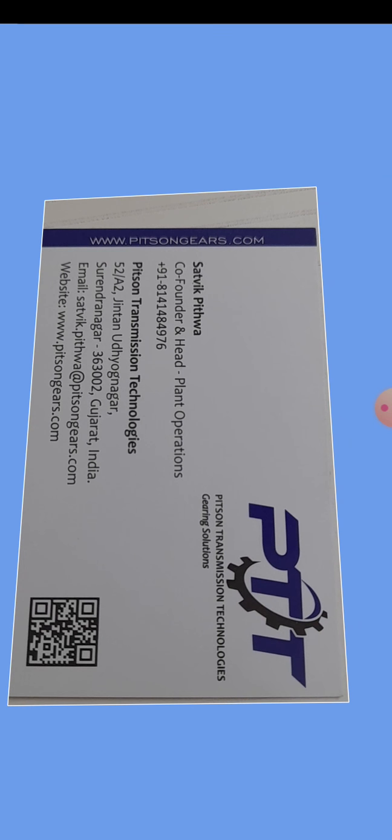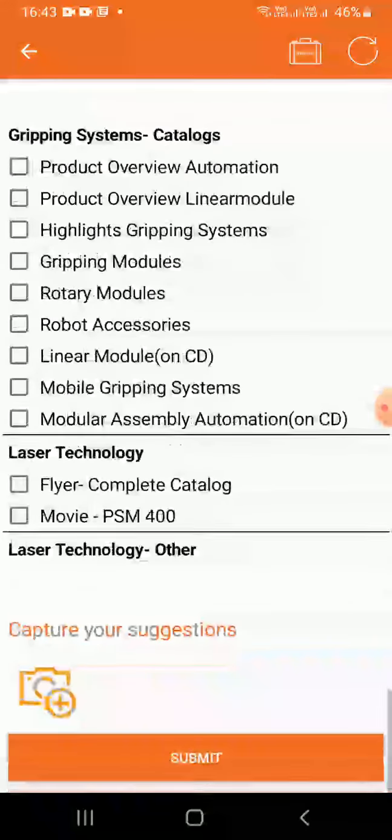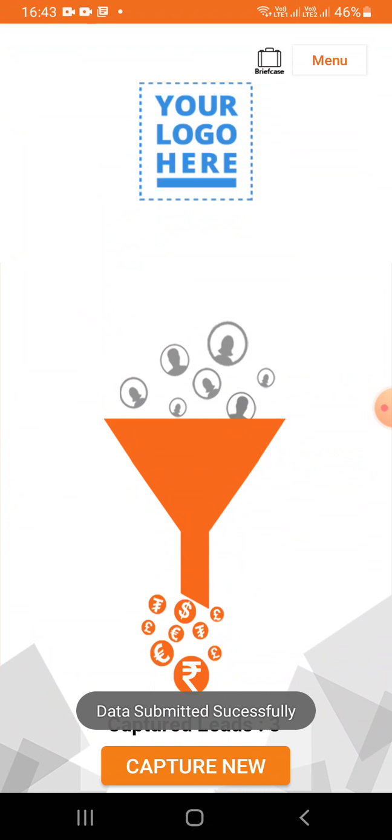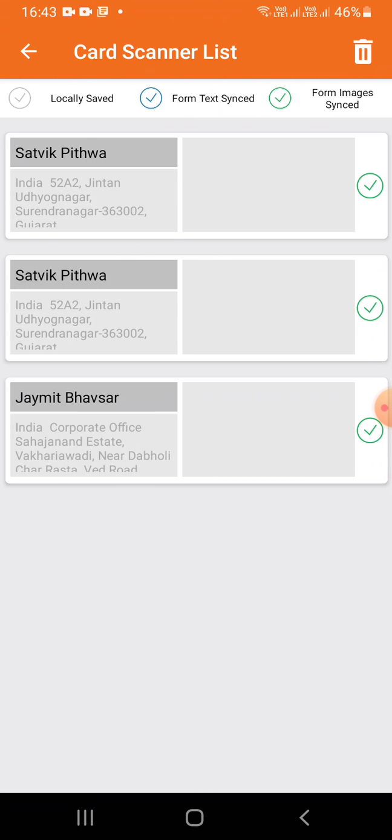Now how to confirm that? Okay, if I click on menu, under menu database, now you can see it's green for all, which means that not only your local data is saved, but your online data has also been submitted.